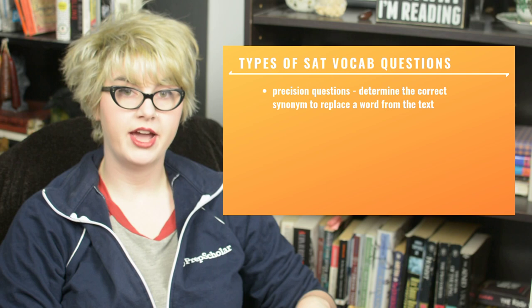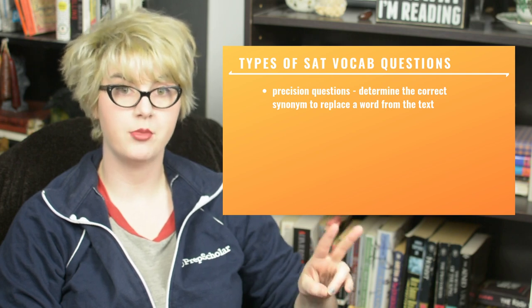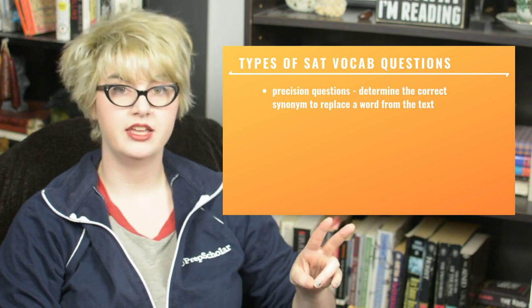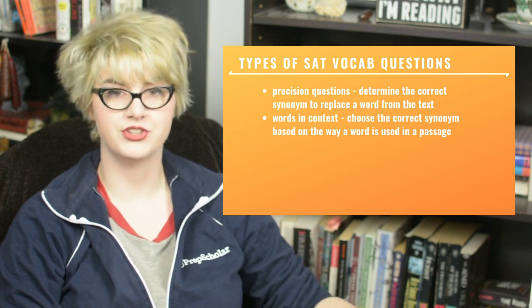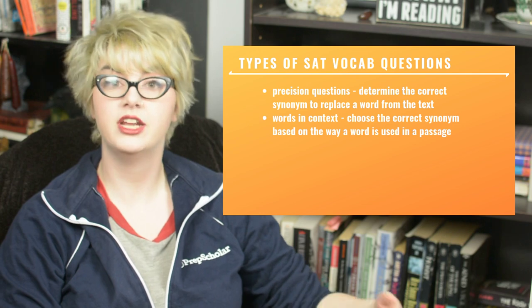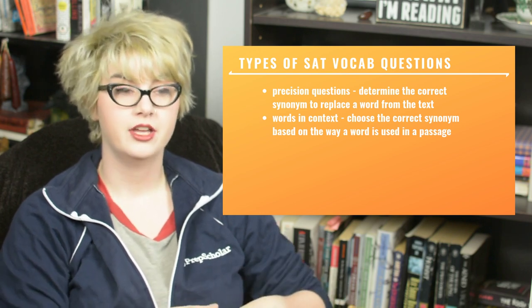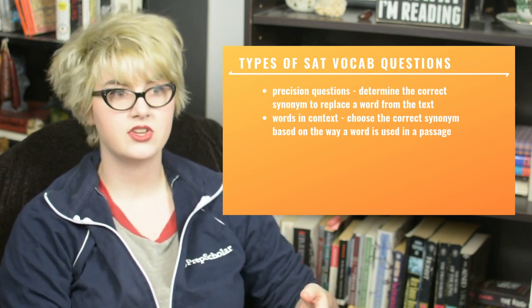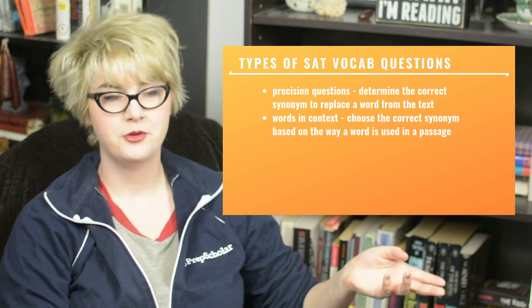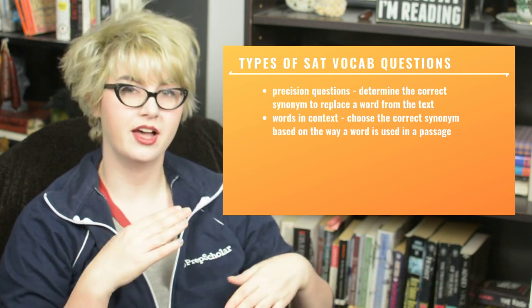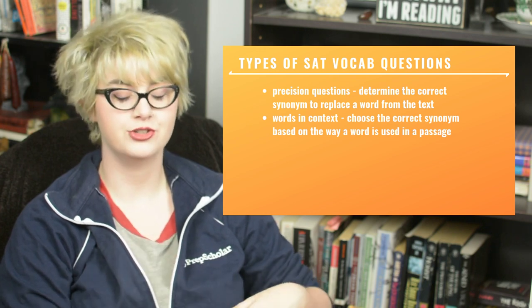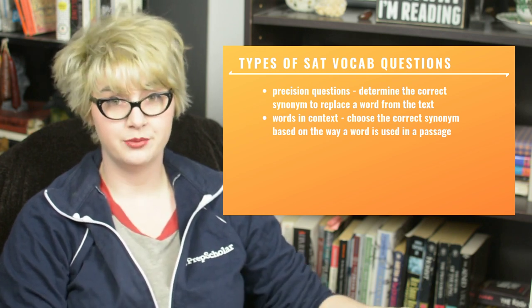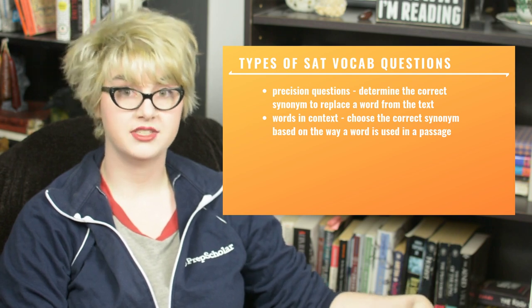So the second way that vocab questions are going to show up on the SAT is going to be in words in context questions. Words in context questions are exactly what it sounds like. That's when you're going to be reading a passage and you're going to have, in line 50 of the text, the word left means, and then you'll have a multiple choice answer of different meanings for the word left that you could choose from. So I chose the word left deliberately because the words in the new SAT are not